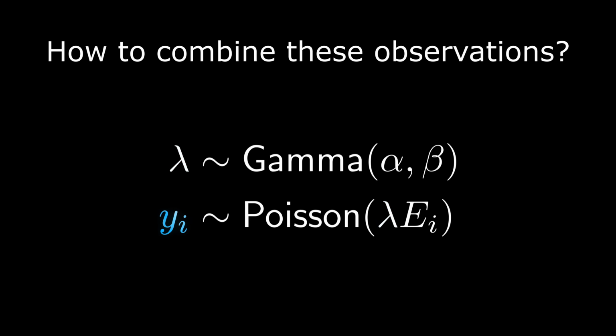Counts recorded at each site have independent Poisson distributions. The mean of each Poisson is equal to the rate multiplied by an exposure term. The exposure describes how much observing we did. In this example, exposure is the area of each site. In Bayesian statistics, a gamma prior distribution and a Poisson likelihood form a conjugate model. This means that the posterior can be computed exactly. Before looking at this computation, let's review Bayes' rule and see how these components link together.